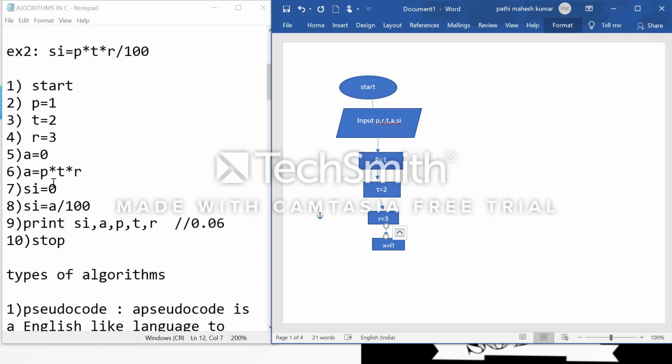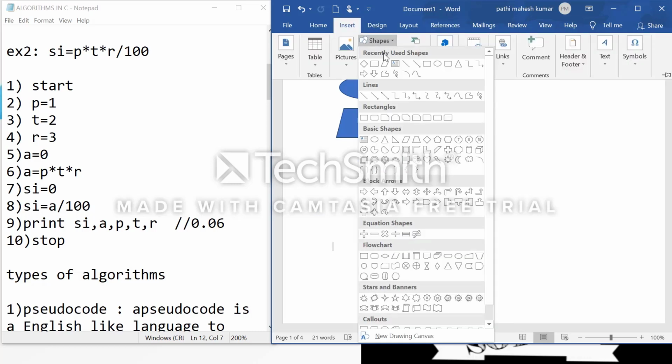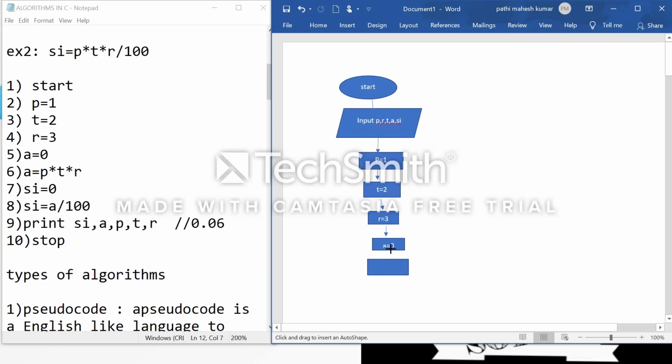After that I want to multiply these three variables, and I am connecting again. Here I initialize a equal to p into t into r.